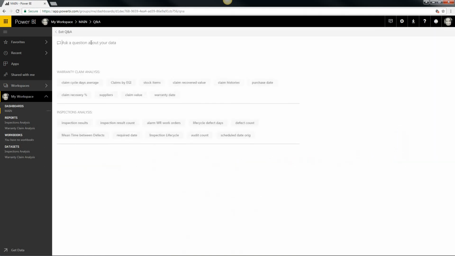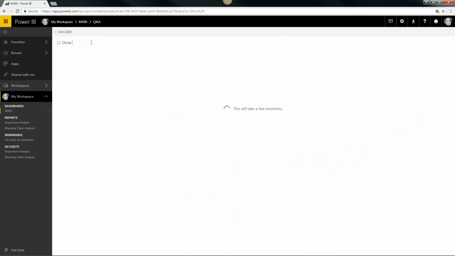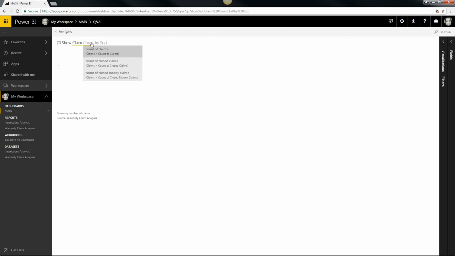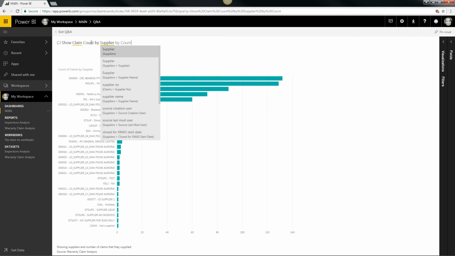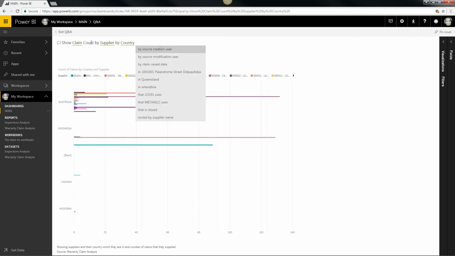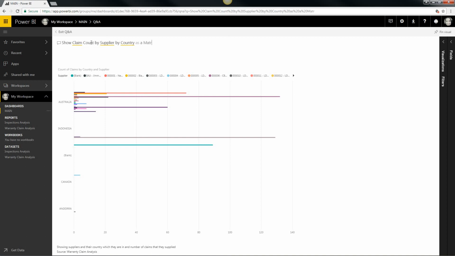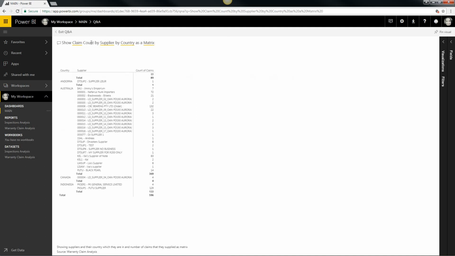Another query you can do is let's show the claim count by supplier by country, and I might say as a matrix. So here you can see I've got the country, the supplier, and the number of claims in those locations, supplier locations,